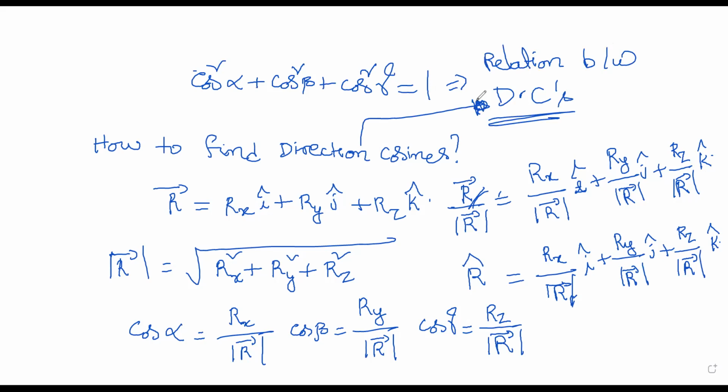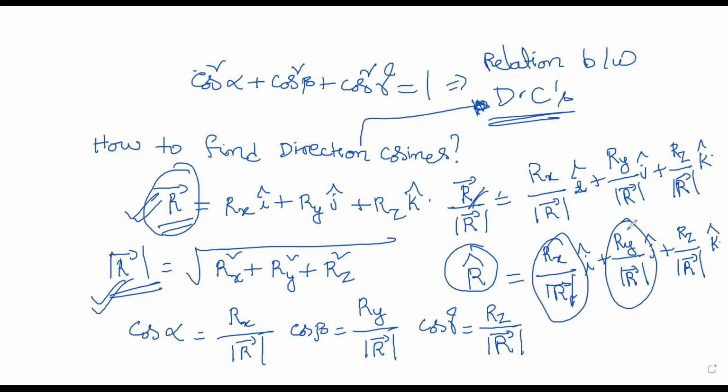That's very simple. You divide the vector by its modulus. Take the vector first, that is step one. Then find the modulus of that vector and divide the vector by the modulus. And then what you get is a unit vector. Just find the unit vector of R bar in its direction. And then the x component, y component, z component happen to be your direction cosines. As simple as that.